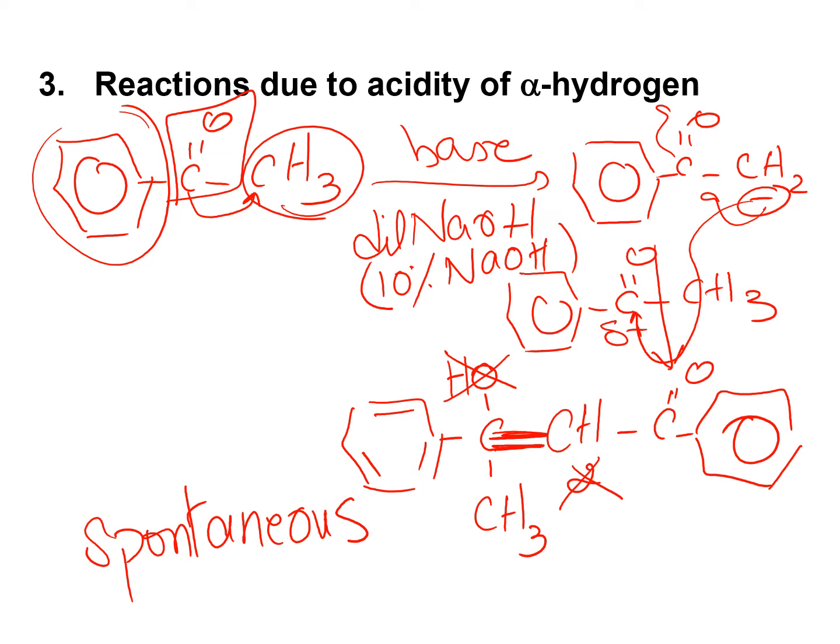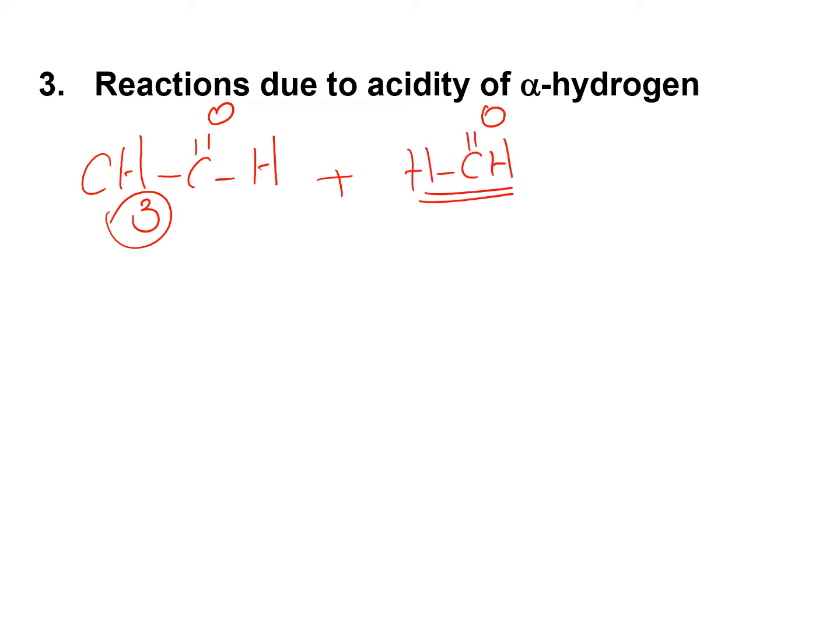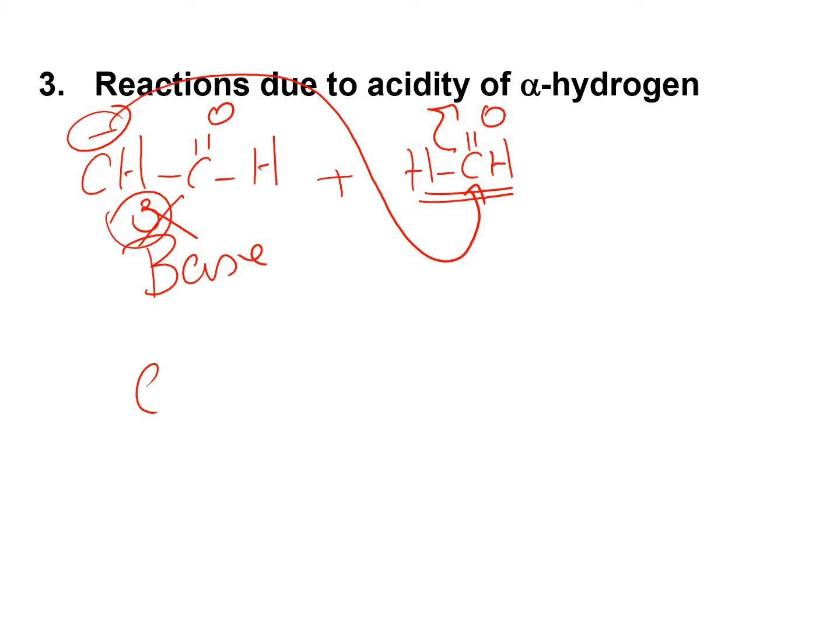Remember that this reaction can be a cross aldol, which means that you can use two different molecules, not just one molecule. How can you do this? You can use the acetaldehyde as the aldehyde that has an alpha acidic hydrogen together with something like formaldehyde or benzaldehyde. This is an aldehyde that does not contain an alpha acidic hydrogen. First of all, the base will abstract the proton, putting a negative charge on this carbon, and it will attack the carbonyl of the formaldehyde, giving